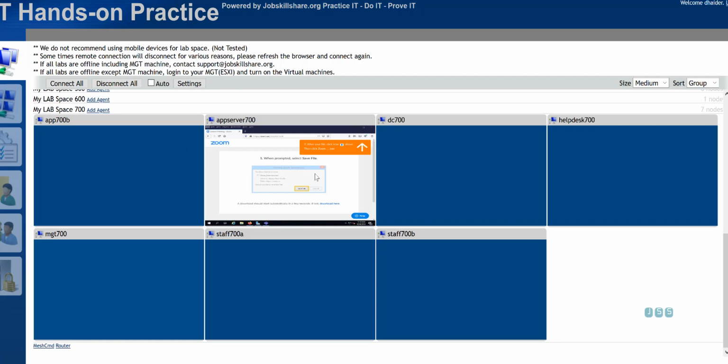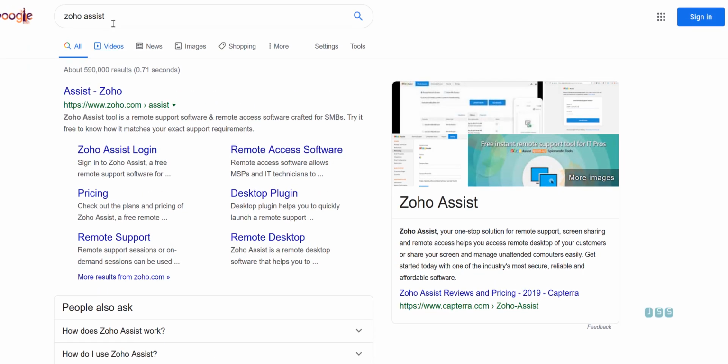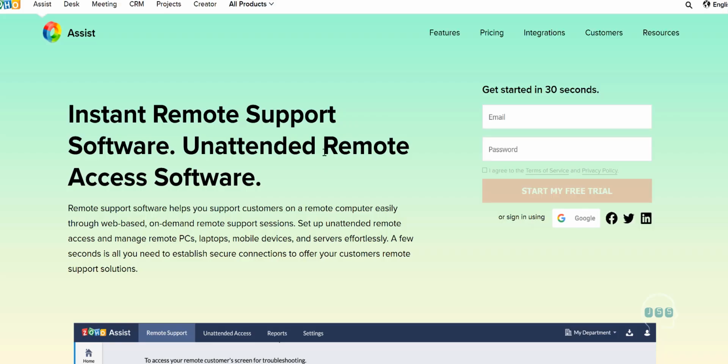But again, you may be asking a question, okay, that's pretty simple, and a lot of people are going to be using it for meetings. But what if these two were laptops that we own and people take them with them? Then what kind of application will I use? For that, I suggest you go into a Zoho type of application, or a LogMeIn type of application. TeamViewer is another one that you can use, but I will only be demonstrating this one, which is pretty cool for learning. You're going to go to Zoho Assist here, and then here you will